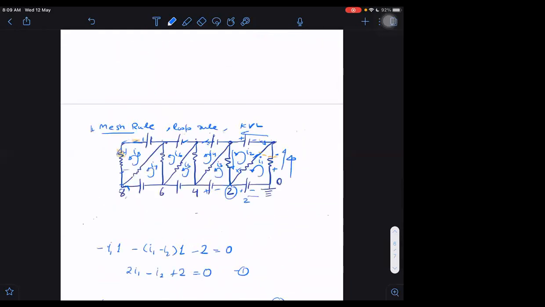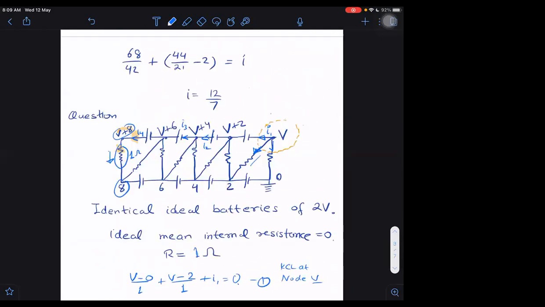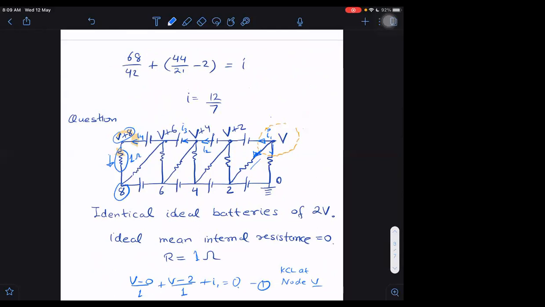Sorry, I did not tell you till now how to do it by one equation. Observe this giant loop. If I apply KCL in this, this loop is not cutting through any battery or any place where I have to assume I1, I2, I3, I4, I8. Do I need to assume those variables? No.